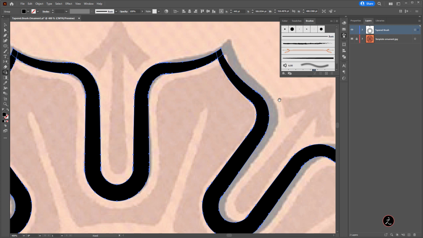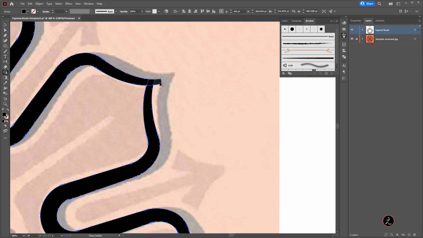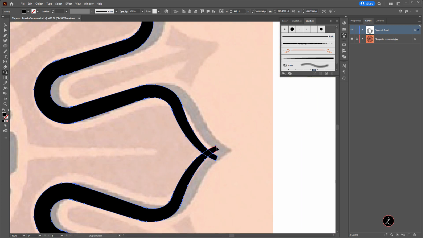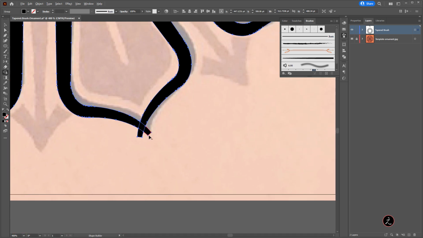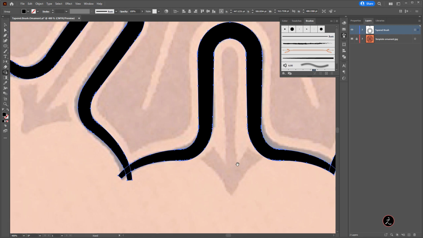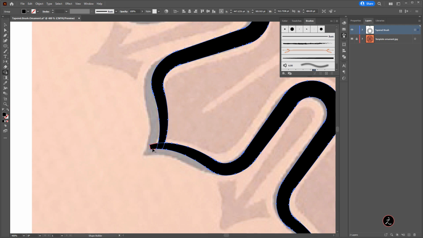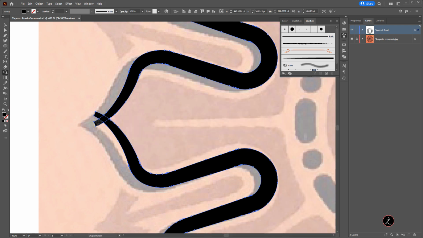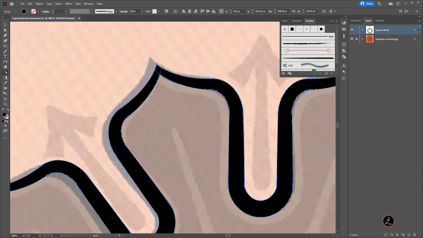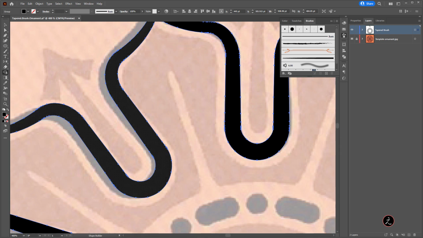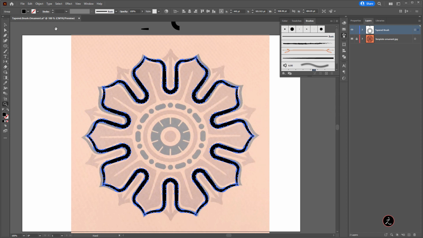And I will do basically all around the same thing. I'm holding the Alt key or the Option key, removing those. There we go. Very few left. I believe I have 2 more to go. And yep, that's it. So let me go ahead and double click here on the zoom tool.